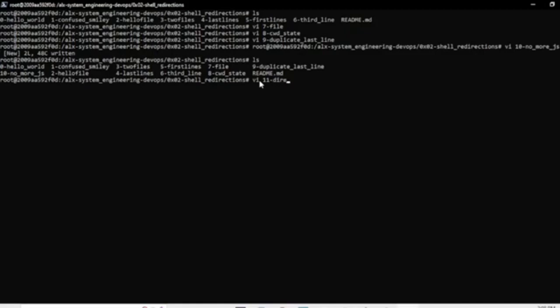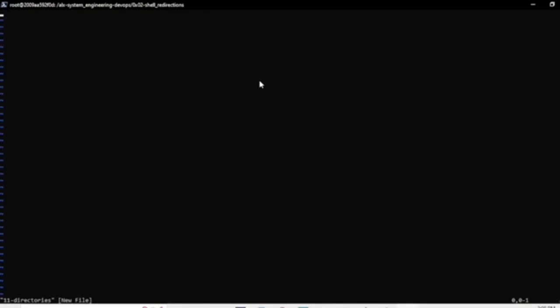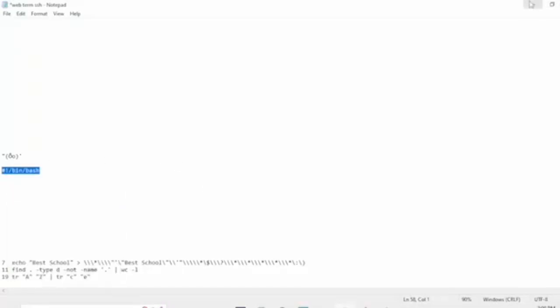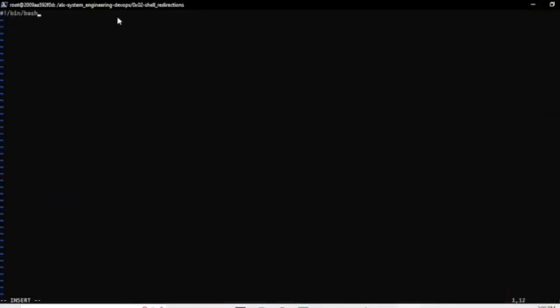So I'm going to write it, and as usual, my first line would be the bin bash. Paste it, and then my second line is where I'll write the answer. So I'll look at the question,